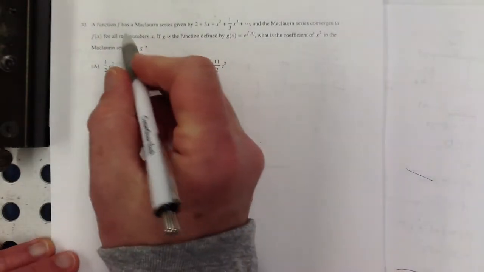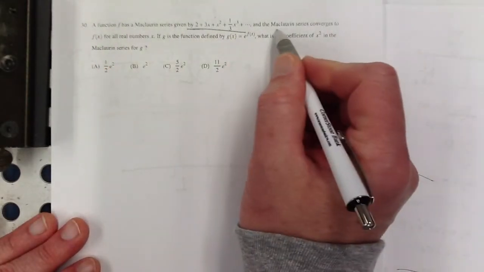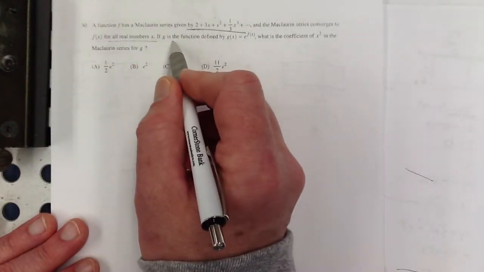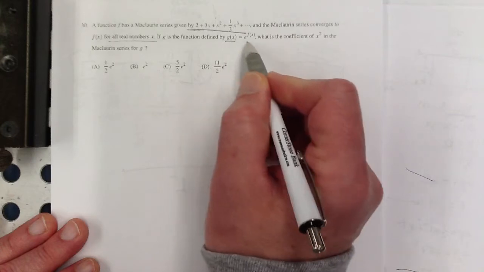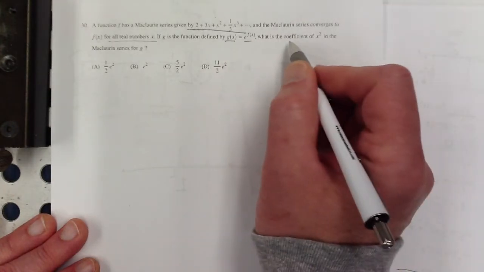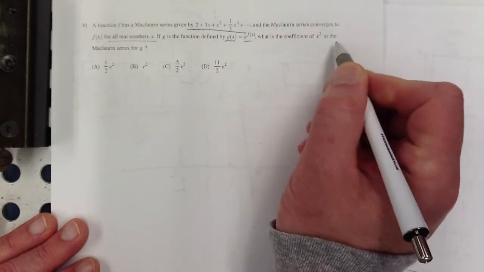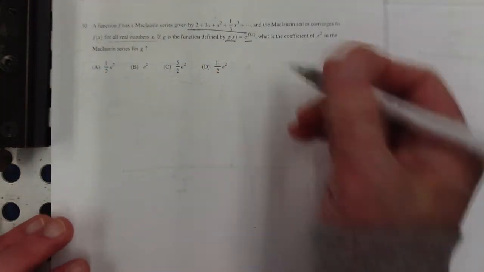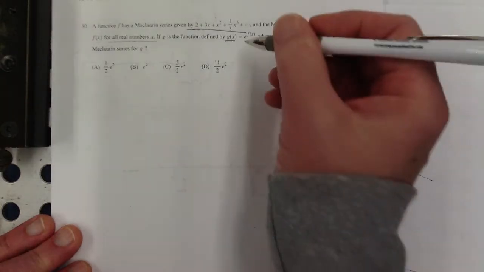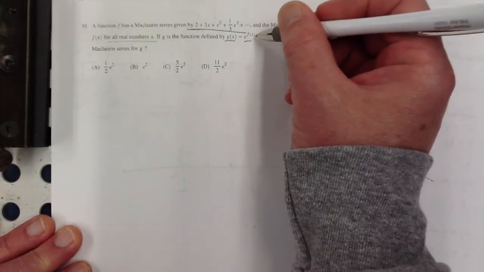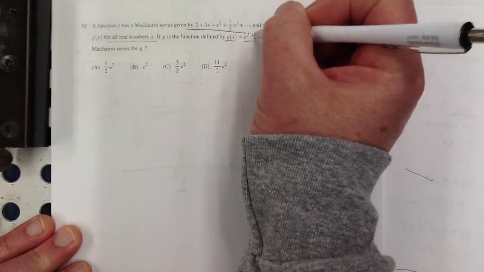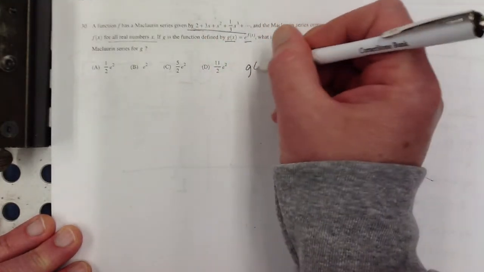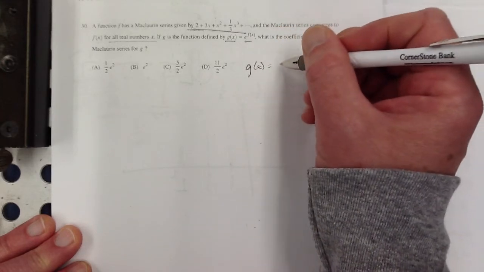Last one. Function f has a Maclaurin series given by this, and the Maclaurin series converges to f of x for all real numbers, so it converges everywhere. If g is the function defined by g of x equals e to the f of x, what's the coefficient of x squared in the Maclaurin series for g? Okay, so how do you find the series for g? This e to the, I can't put this whole f of x up there in that exponent. So to do this, I'm going to have to